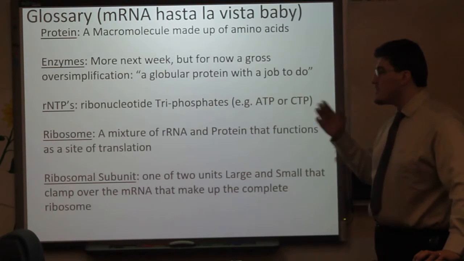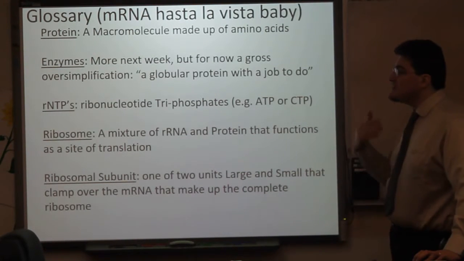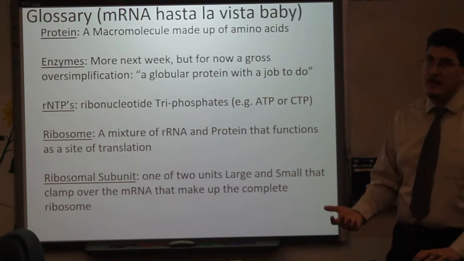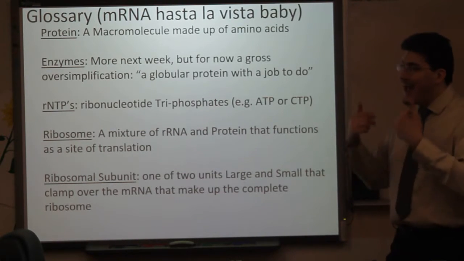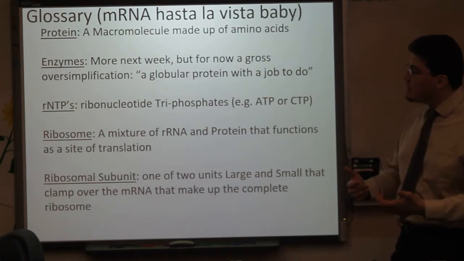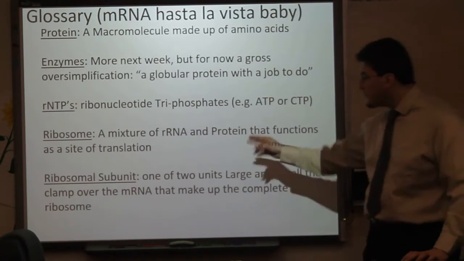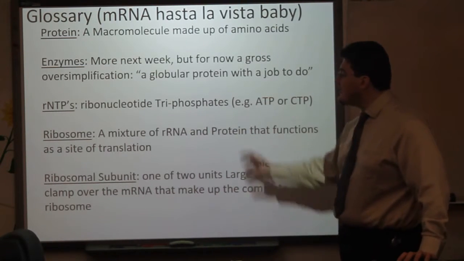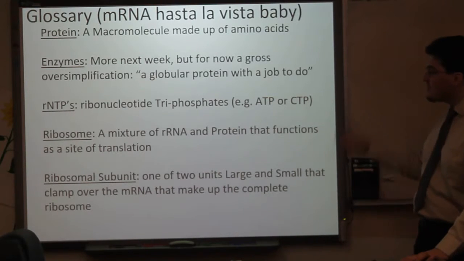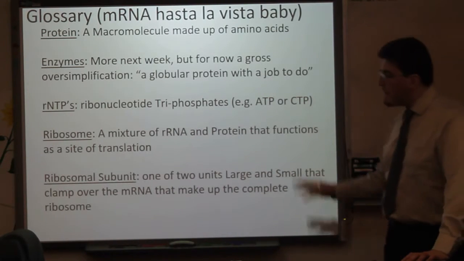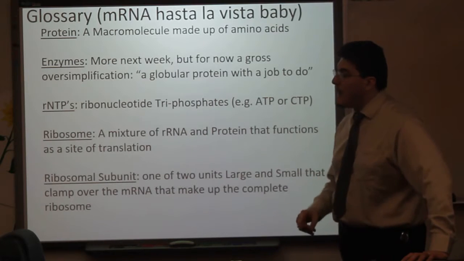Ribosomes, a mixture of rRNA and protein that functions as the site of translation. These are rRNA and protein. They have a large and small ribosomal subunit. A ribosomal subunit is one of 2 units, large and small, that clamp over mRNA that make up the complete ribosome. Now,